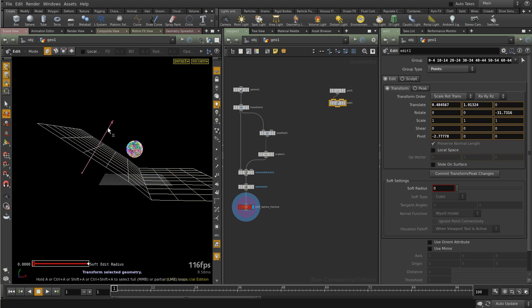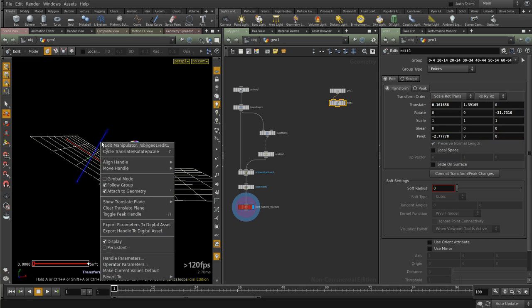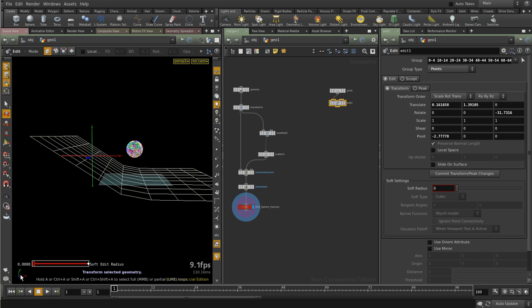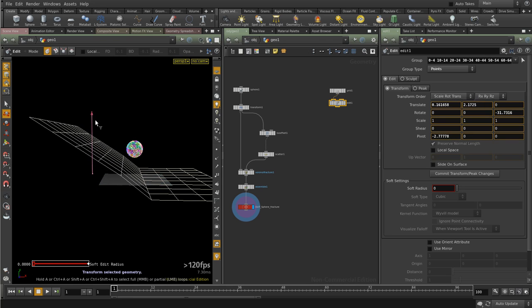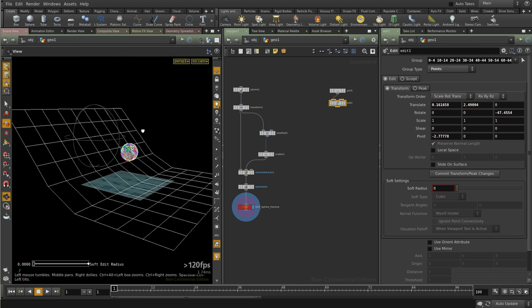If I want to change the position of my axis, I can choose, for example, with the right mouse button, align a handle. I can use the object, the world, the view or component, or press M from the keyboard. If I choose the world, the axis is on the world, so I can move it here and rotate a few. Okay,